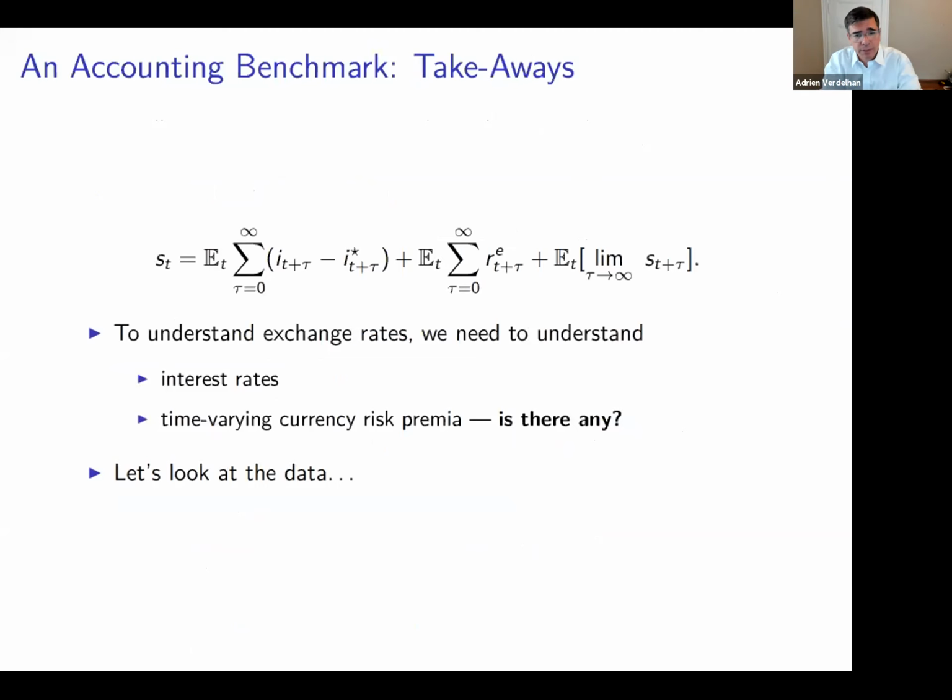Now, this is, again, a tautology if you want, but for a long time it was not really used, for a very simple reason. We couldn't find any clear evidence of a time-varying currency risk premium. So this accounting definition tells me that the log change in exchange rate should depend on future interest rates, so let's study future interest rates because there's nothing else. What I want to show you today, as a rapid overview of the field, is that we now have a lot of evidence of time-varying risk premia in currency markets, and it means we have interesting drivers of exchange rates to study. There is hope, in some sense. That's the point I want to make.